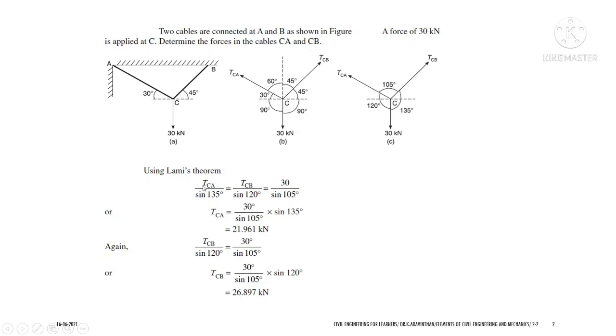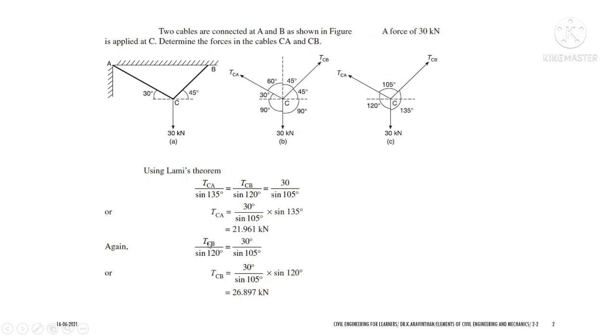What you can do is you can use two equations. Let us take this TCA and this 30. If you are taking the first two equations, there will be two unknowns and it is difficult to solve. So in order to solve it easily, you can take the values which are known. If you are taking TCA by sine 135 and 30 by sine 105, you can take these two equations and cross multiply 30 into sine 135 degree. So 30 into sine 135, if you simplify this, you will be getting TCA as 21.961